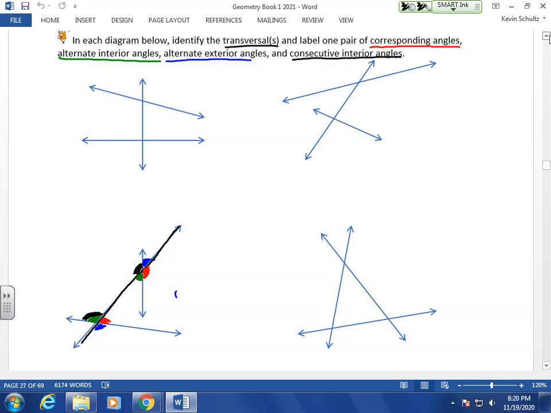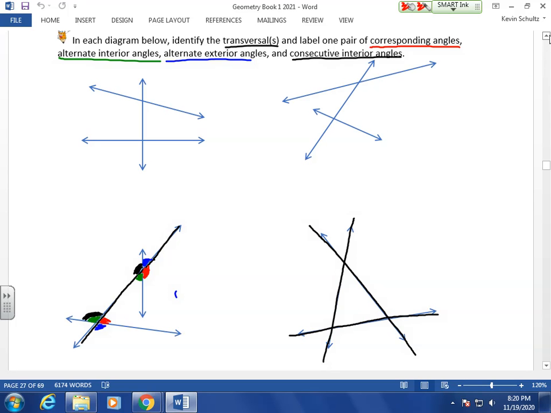The one on the right here, this last one, you've actually got 3 transversals because they all intersect each other. So by me tracing them in black, it's really just retracing the entire figure. But it does give you a lot of options for corresponding, alternate interior and exterior because you've got 3 transversals to work with here. For my corresponding angles, if I go,